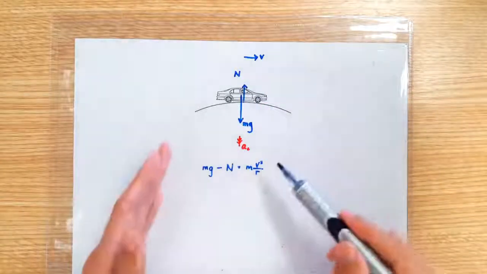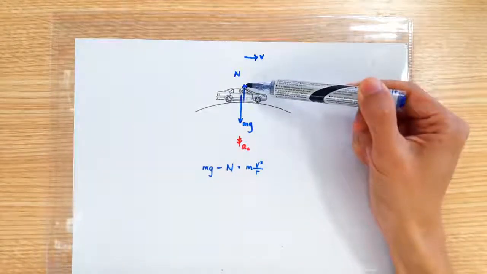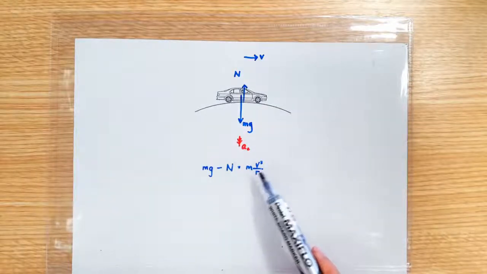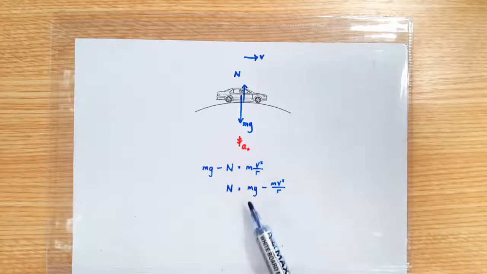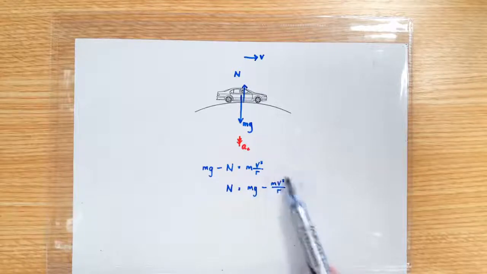In fact, applying Newton's second law onto the car, we get the downward weight minus the upward normal contact force to be equal to the required centripetal force mv squared over r. Rearrange the equation, so clearly the normal contact force is smaller than the weight by an amount that's equal to